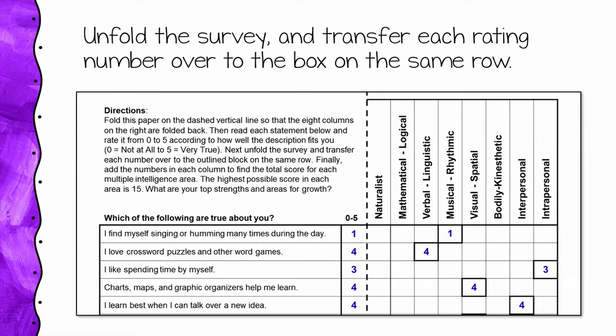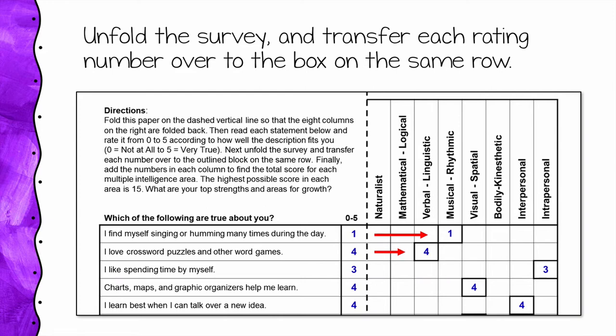But when you get to the part of the administration where you're scoring the survey, you have the kids unfold the survey and then transfer each of their rating numbers over to the box that's outlined on the same row. So, for example, the first one about singing and humming, number 1, you just transfer it straight over to the